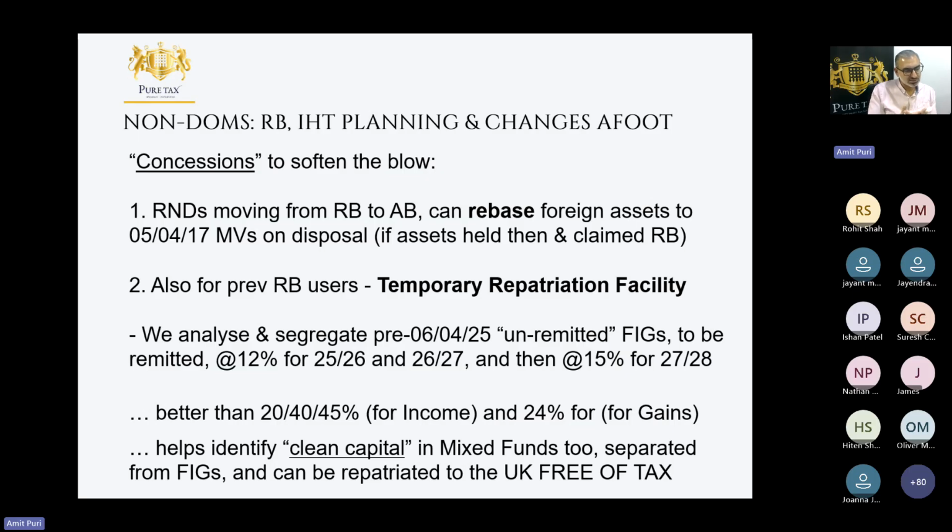So if you go through this exercise, people will find old money from before they became resident in the UK, and that can be brought to the UK free of any tax, right? So I leave that as a nugget with people. It's not everything that you have overseas that is taxable at 12%. No, it's the overseas income that hasn't been taxed before, the gains that haven't been taxed before, but clean capital remains clean capital, right? So I think I've rushed through that as much as I could.